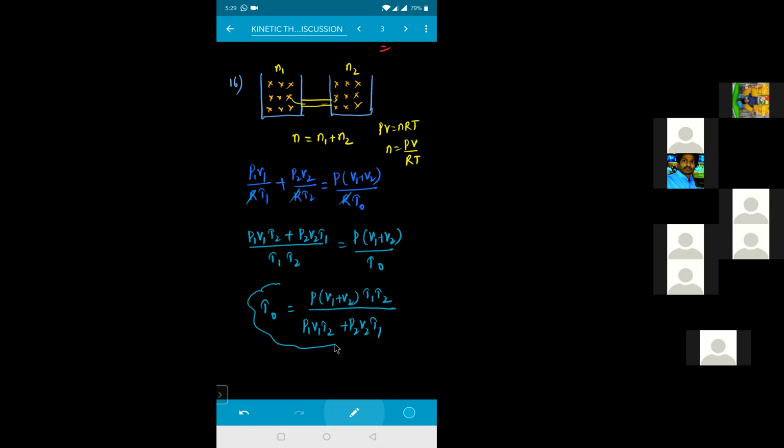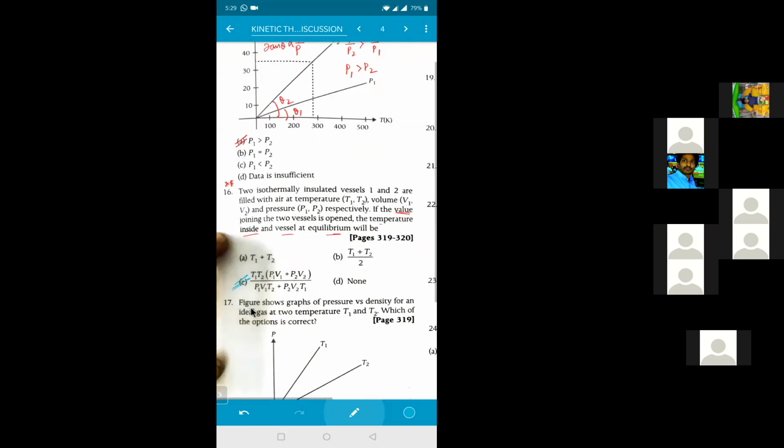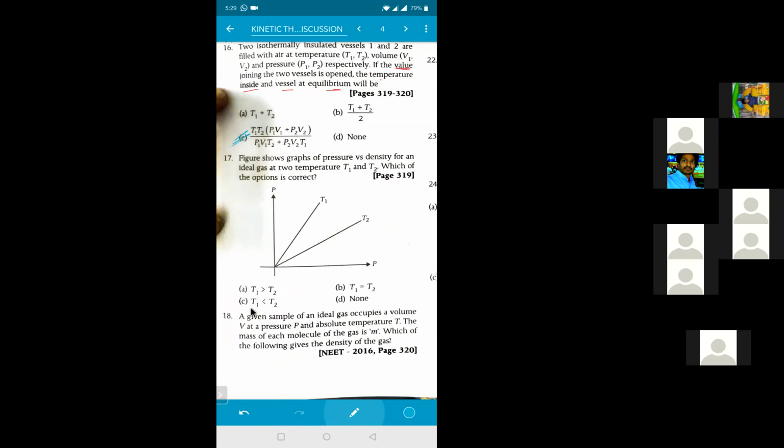So this is something which you need to do like this. Seeing the options itself, students will generally get scared, thinking what type of calculation it is. But the answer comes out as option C in a simple condition. Is it clear for everyone? Yes, sir. Okay? Just multiply with that one and we'll get the answer. It says P1 V1 into T1 and T2 part of the relation. So multiply with the V1 plus V2 statement, and we automatically get the answer. Chalo.